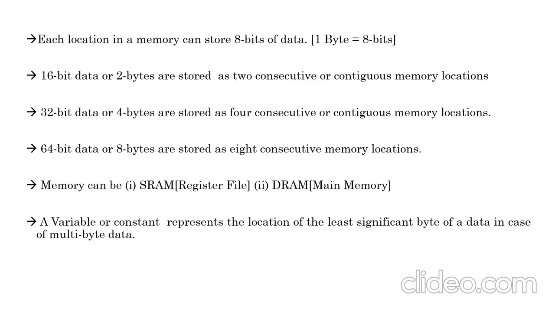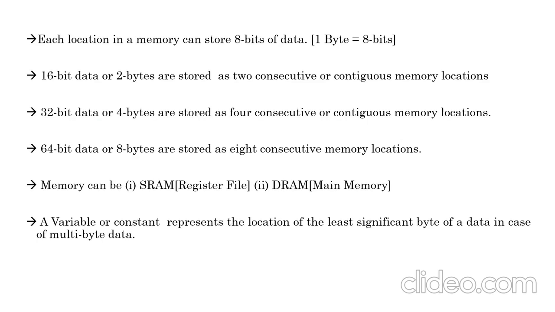As far as your C program is concerned, we will be mainly concerned with one called static RAM, and another called dynamic RAM. Whenever you want to determine the address of a particular variable, what is the address of its memory location? A variable is the name. The address allotted to that variable